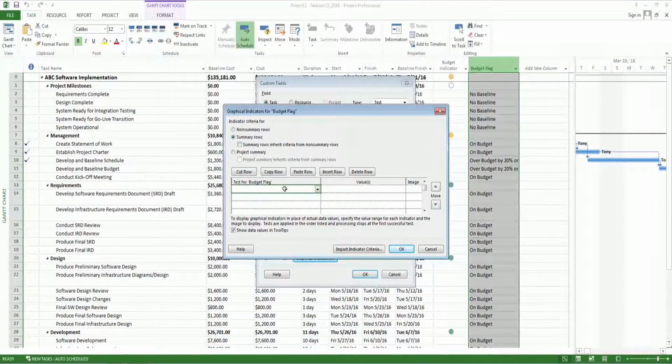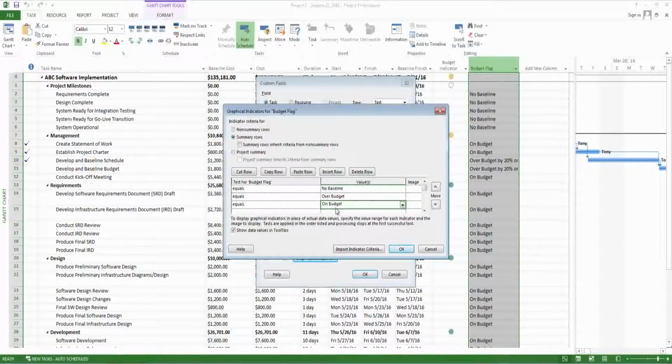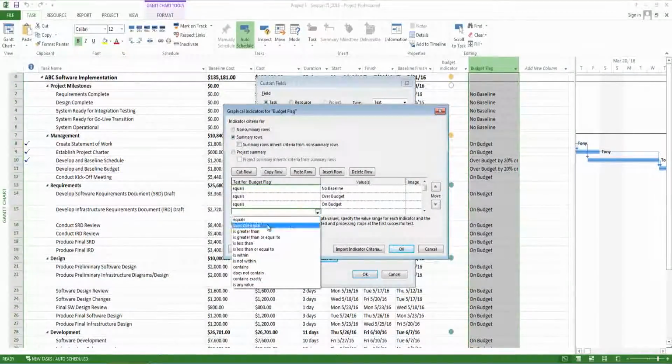So we have the value equals no baseline, equals over budget. I'll create the images later. Equals on budget, and also equals